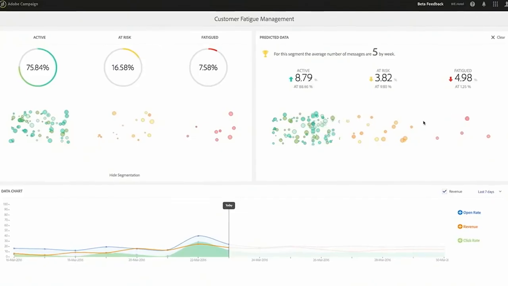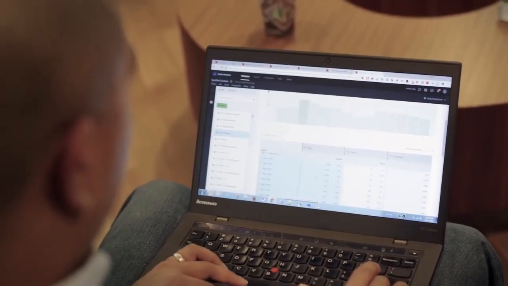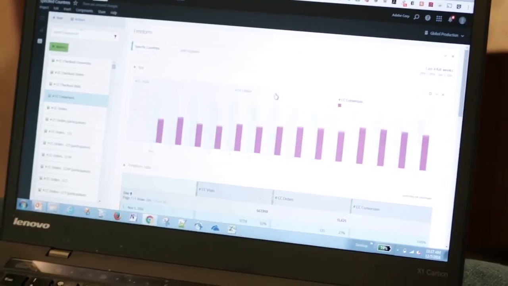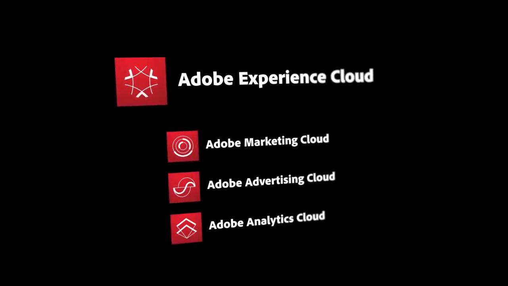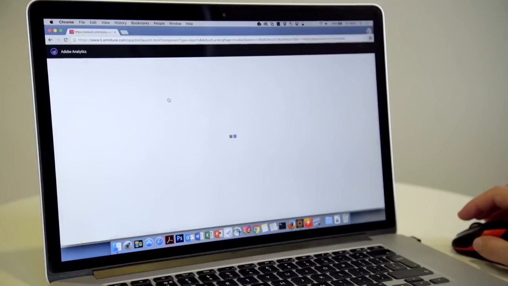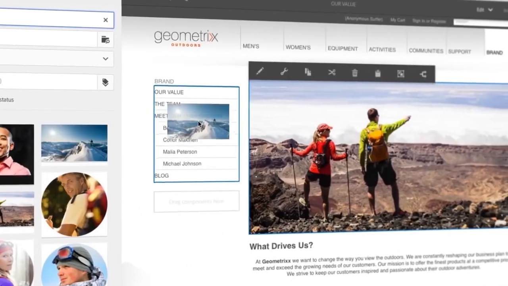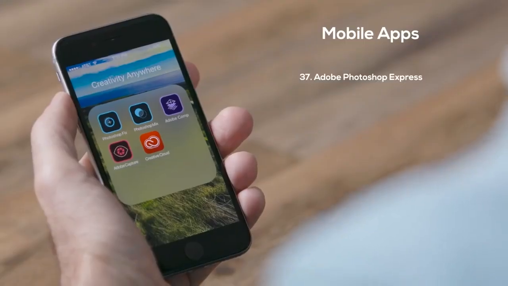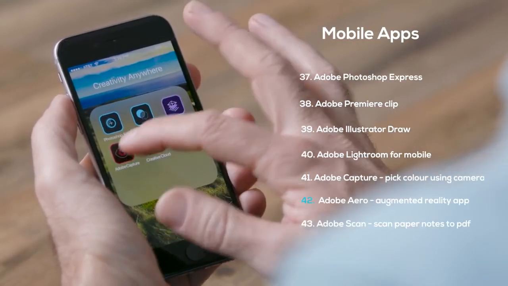And it doesn't end there. We have only talked about desktop applications used for creative purposes, but if you are more into marketing, analytics, or management, there is Adobe Experience Cloud, which has its own set of subproducts for everything from social media campaigns to managing when to show ads on TV channels. And several of the software we discussed till now have their smartphone app counterparts like Adobe Photoshop Express, Adobe Premiere Clip, Adobe Illustrator Draw, or Adobe Lightroom for mobile.